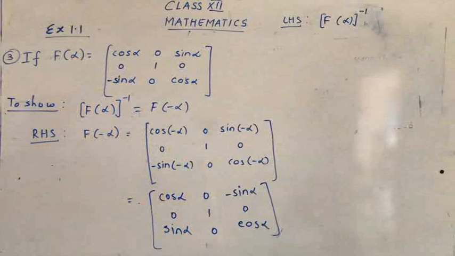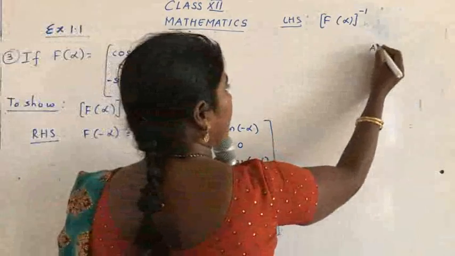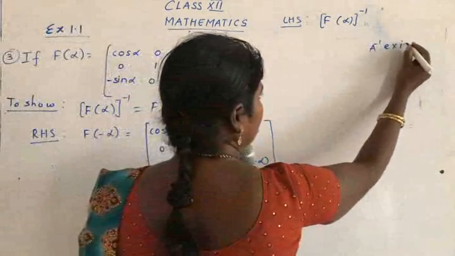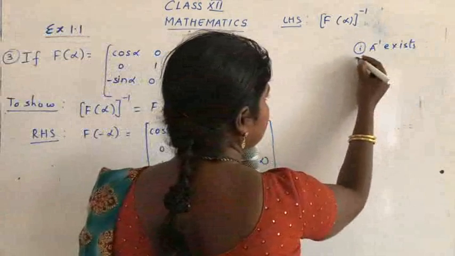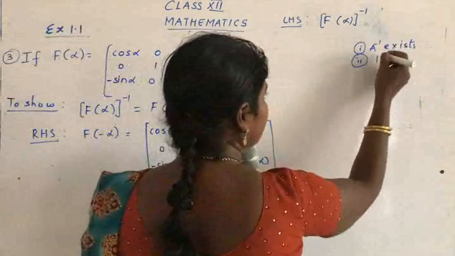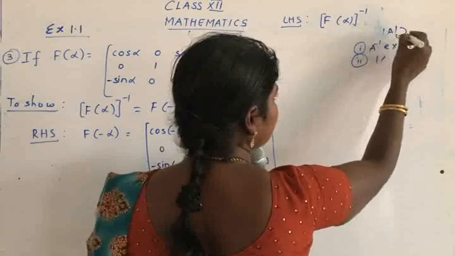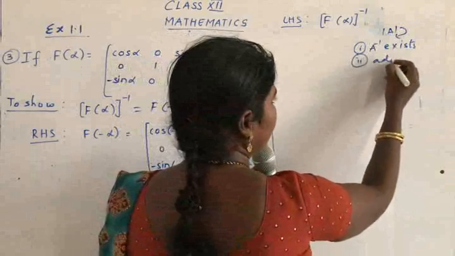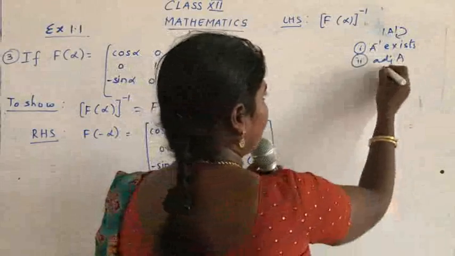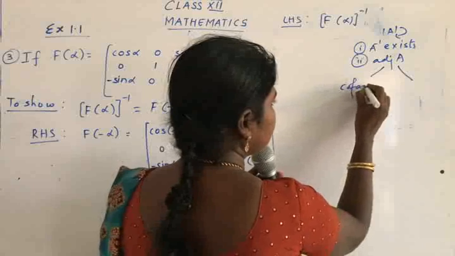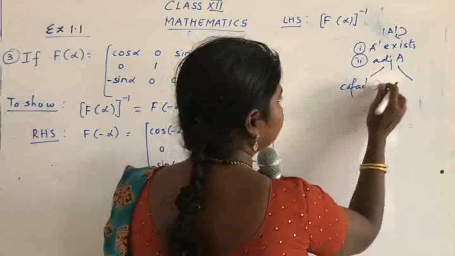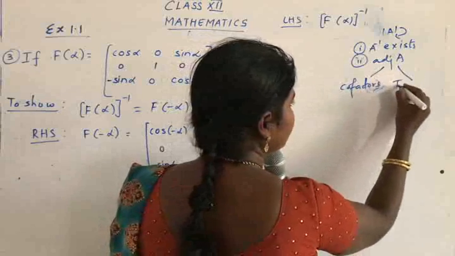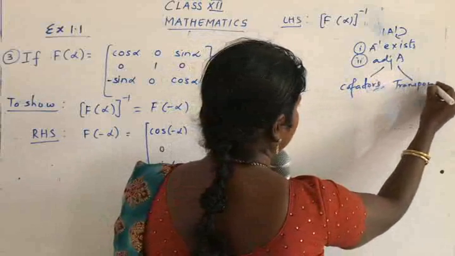So when you are going to find the inverse, the first thing is you are going to check whether the inverse exists. First check whether A inverse exists. First step. Second step is find the determinant. Once you find the determinant of A itself, you will come to know whether A inverse exists. Then your step is to find adjoint A. And you know how to find adjoint A. For adjoint A, you have to find the cofactors and find the transpose of cofactors. Yes. So these are the steps.